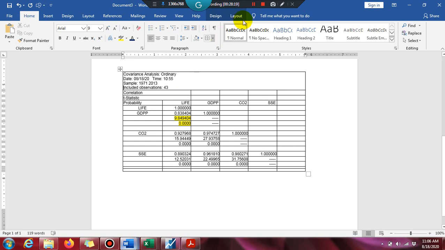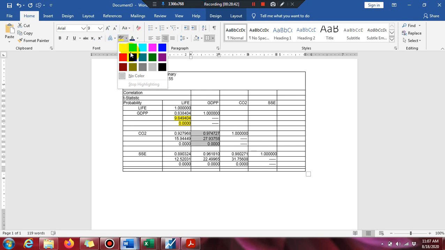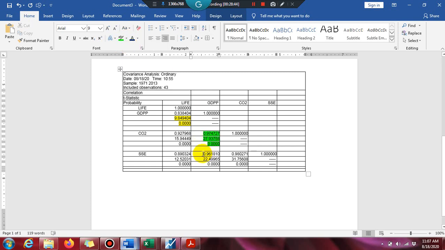So if you have a dependent variable, life expectancy, then you have to ignore it from the interpretation point of view. You have to see the correlation of the other variables.